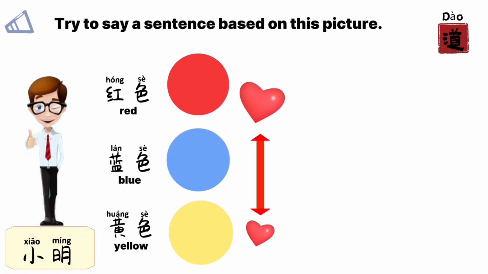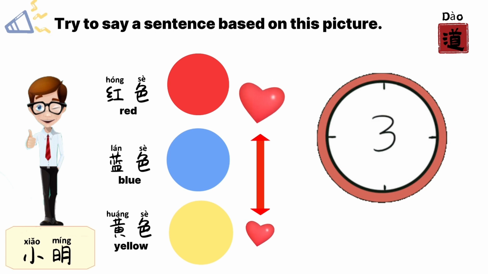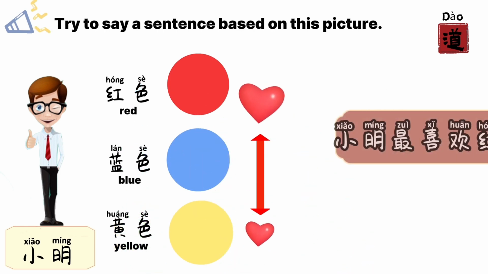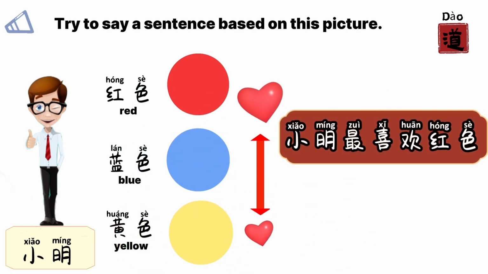Try to say a sentence based on this picture. Right. 小明最喜欢红色。